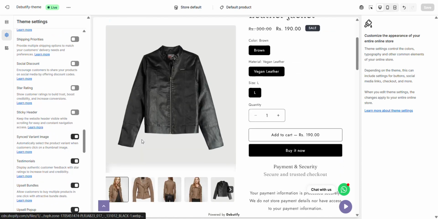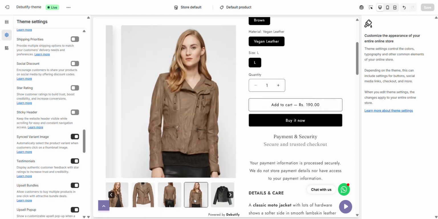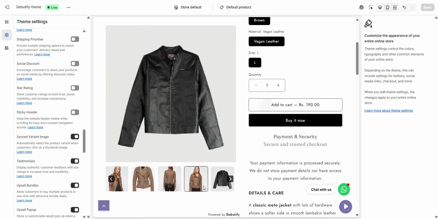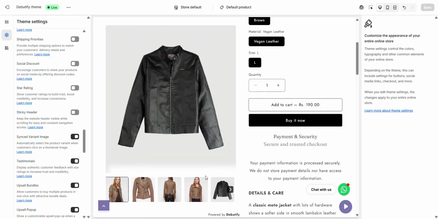Once enabled, this widget automatically selects the correct product variant when customers click on a thumbnail image, making browsing faster, smoother, and more intuitive. And that's it. You've successfully set up the synced variant image widget and made it easier for shoppers to explore your product options